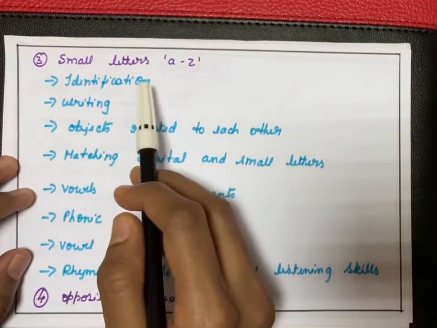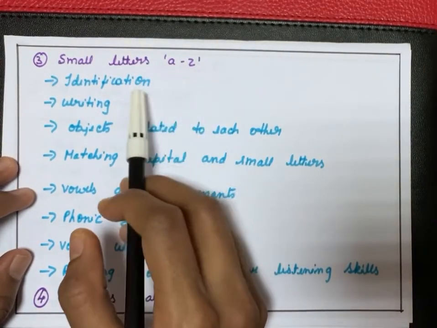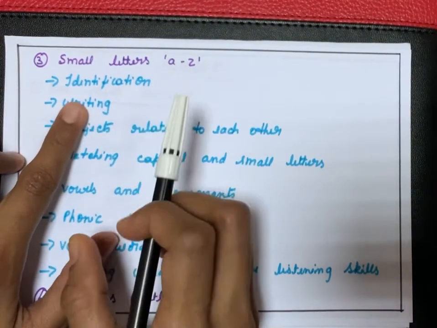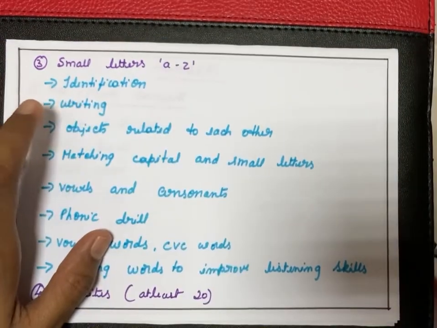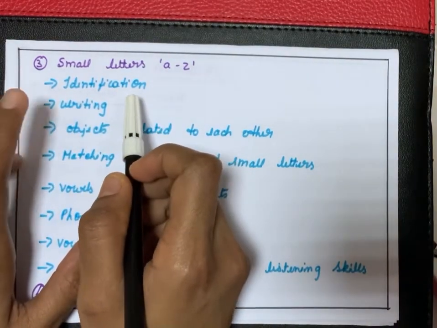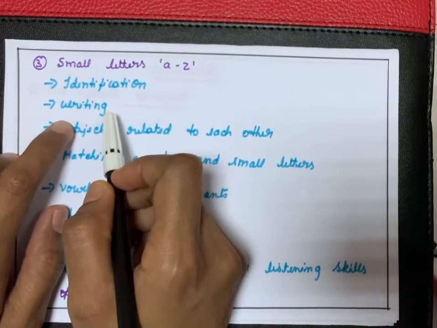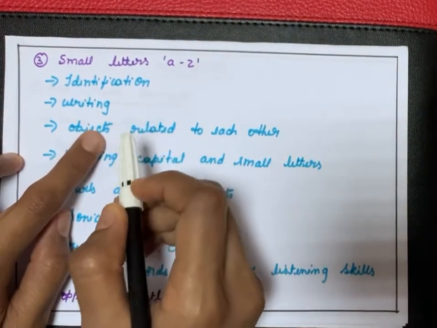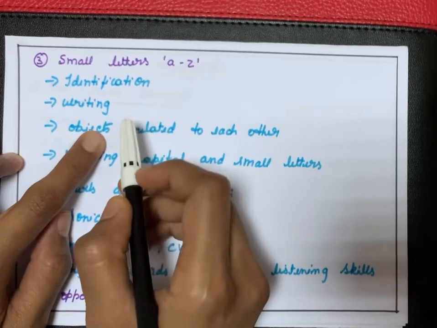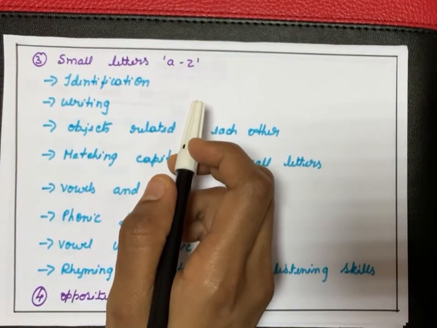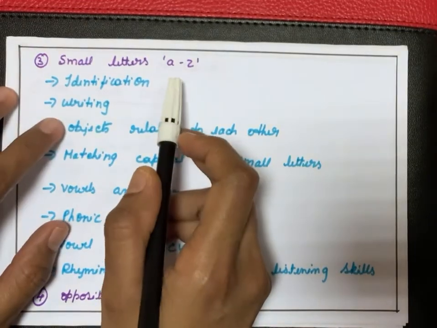Next is small letters A to Z. Here also you have to teach them to identify the small letters with the help of flashcards. So once they are able to identify the letters, then you can teach them to write the letters. Before teaching them to write the letters, the child has to be thorough with the loops and curves. So once they are thorough with the loops and curves, it would be easier for them to write the small